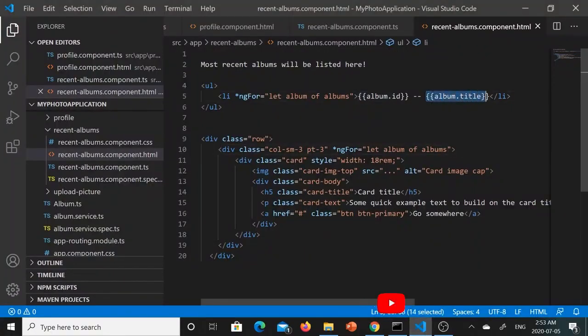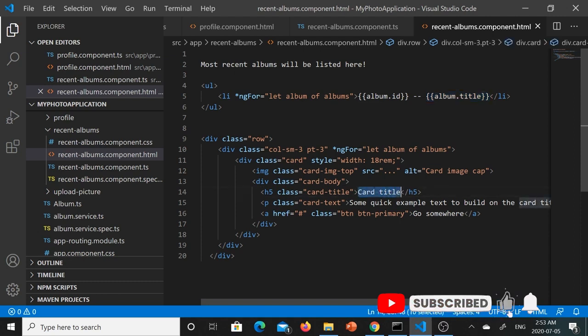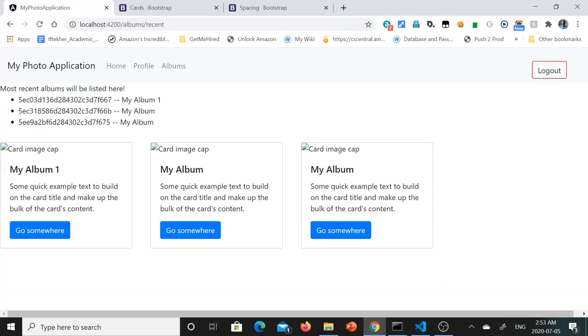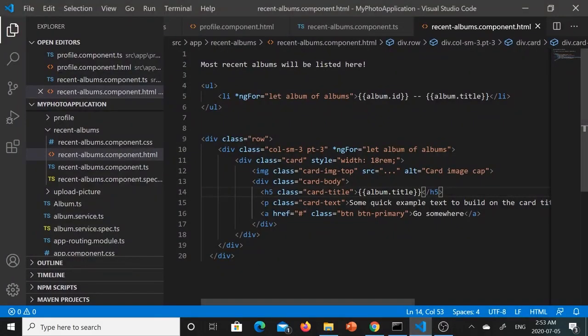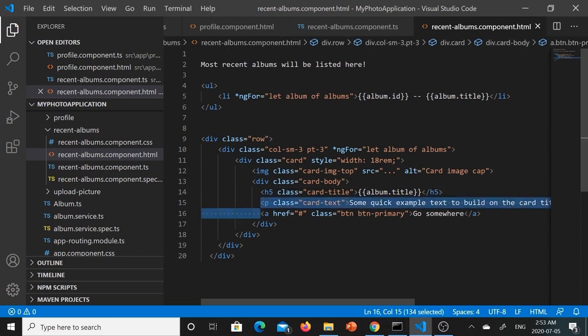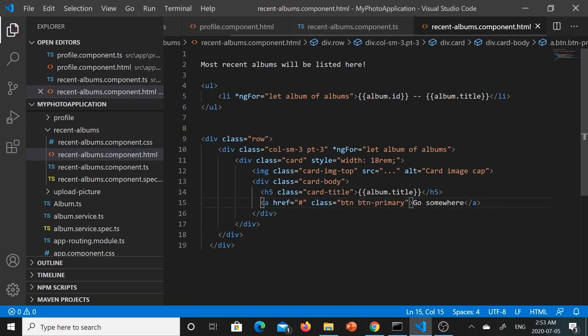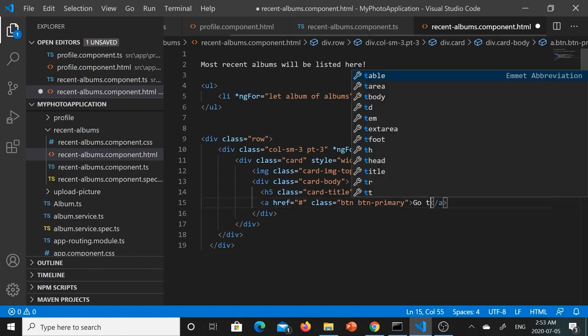So we can use this album title in place of the card title. My album 1, my album, etc. And we don't have a description, so this paragraph we can remove. And then this will take us to the album. So go to album,